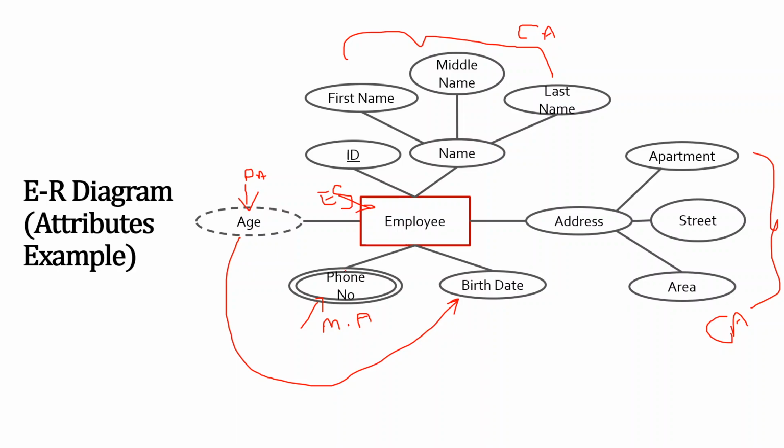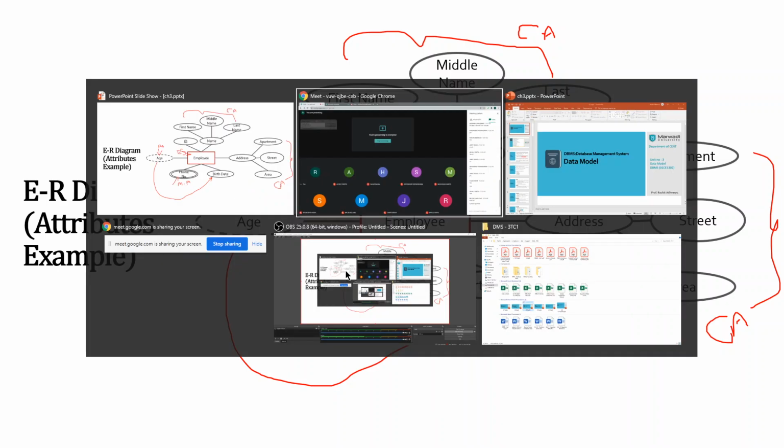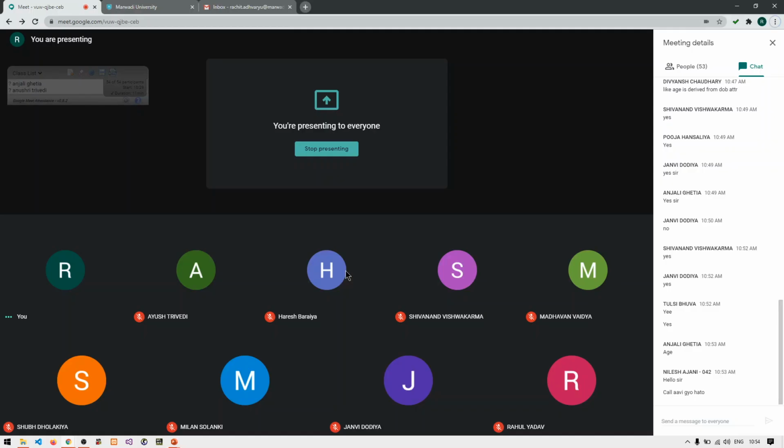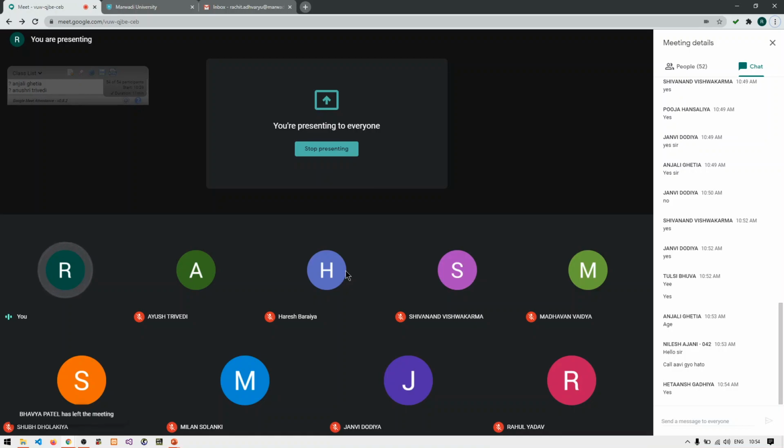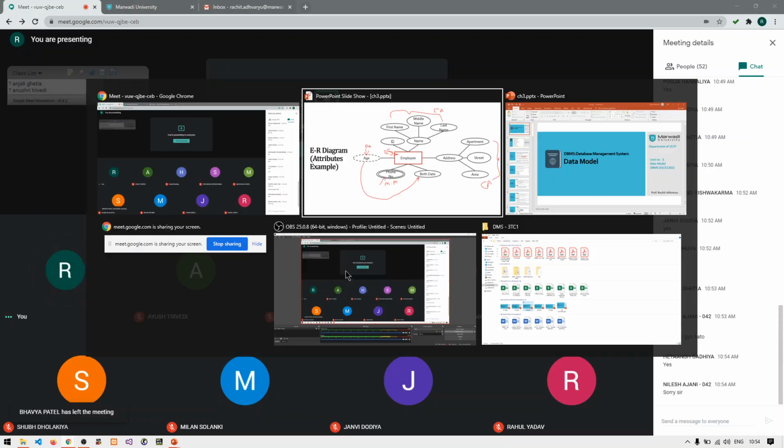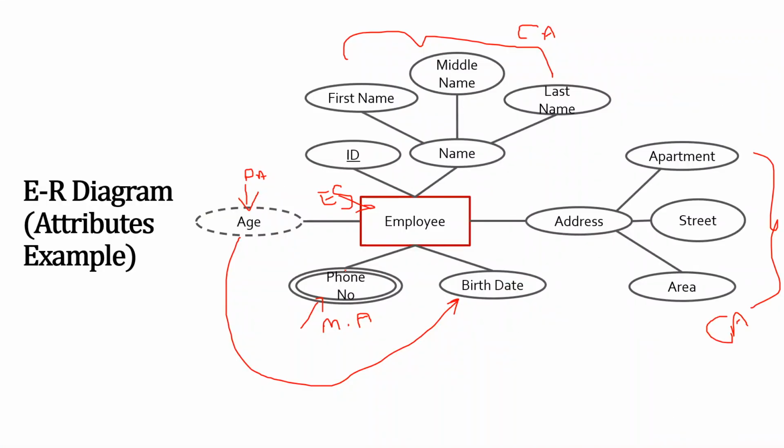So clear with this, everyone? So employee is an entity set. It has a few properties or attributes and some of the attributes are derived, composite and multi-valued attributes. Clear with this, everyone? Okay, fine, no issues, Nilesh. Clear with this, everyone? Okay, so now